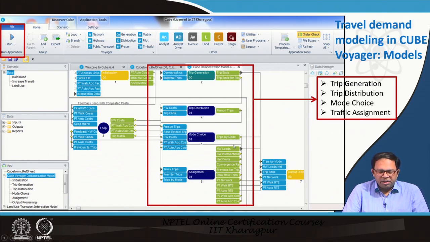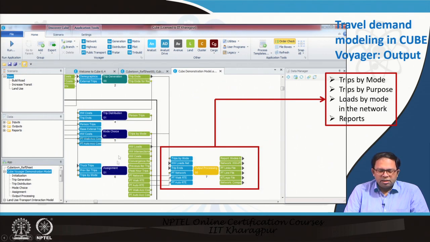And finally, trips by different mode can be assigned as per different time of the day, the way we divide the total trips into different hourly rates, and that is used to assign these trips by different modes for different times of the day for this particular network.